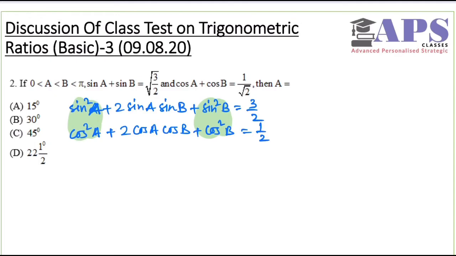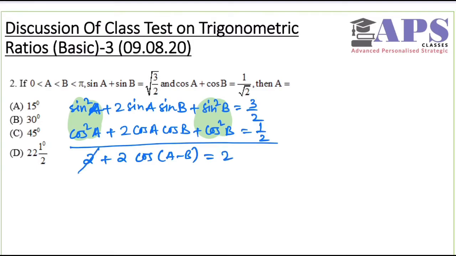Now these two together give 1 and these two together give 1. So if I add them now, that will give me 2 plus 2 common here from these two terms, and we will get cos a cos b plus sin a sin b, which is cos of a minus b. And on the right side, if I add 3 by 2 plus 1 by 2, that will also give 2. So this 2 is getting cancelled. So that means our cos of a minus b is nothing but 0. That means our a minus b is pi by 2, so a is pi by 2 plus b. So I got our angle a in terms of b.